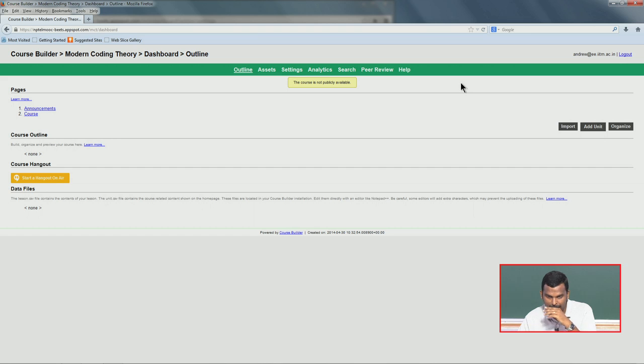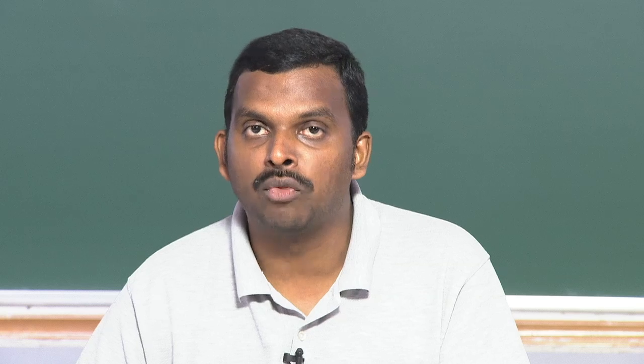When you click on that, you will see this page. This is the back end of the content creation process. The first couple of things I have to tell you is, the back end is not very evolved. It is not a very modern, very usable design. It is a very rudimentary, simple design, and it has its own quirks.